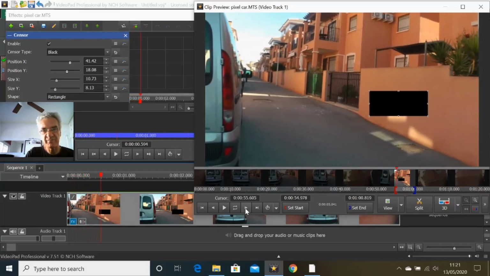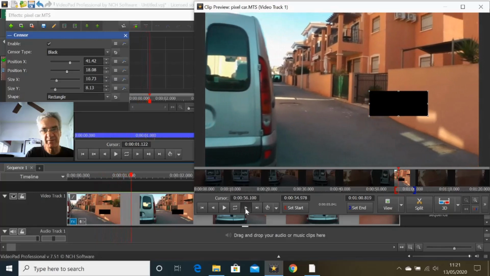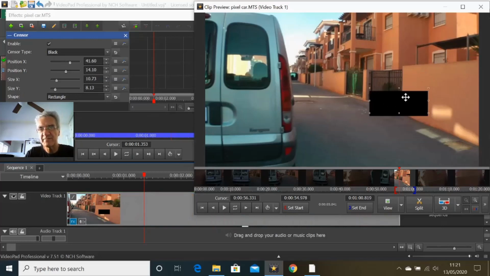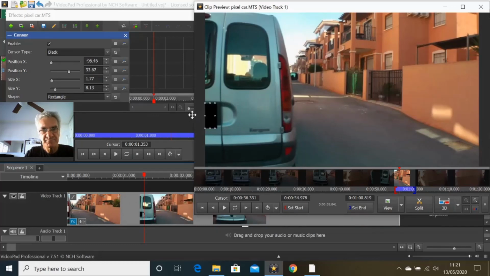Until my number plate becomes available. There's the first. This is the first point where you see the number plate, which is good enough for me. Now I'm just going to grab our censorship box, drag him across, and cover him up. So this is going to be our first frame where we cover up the number plate